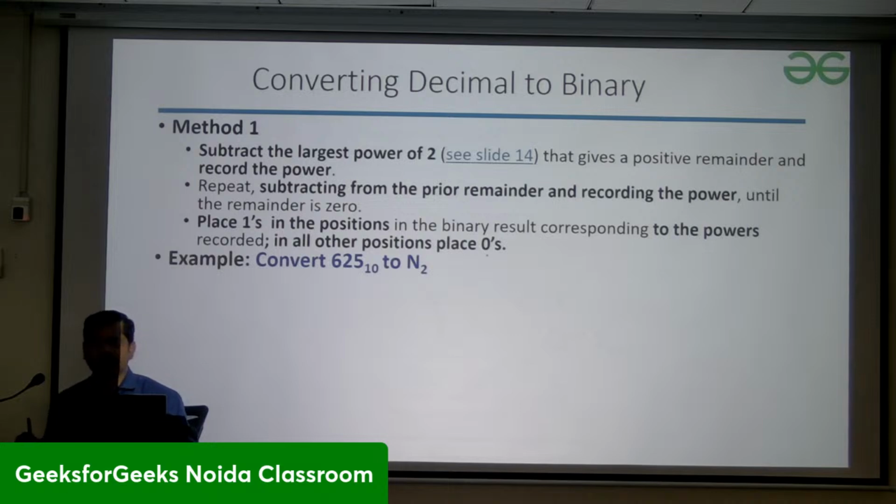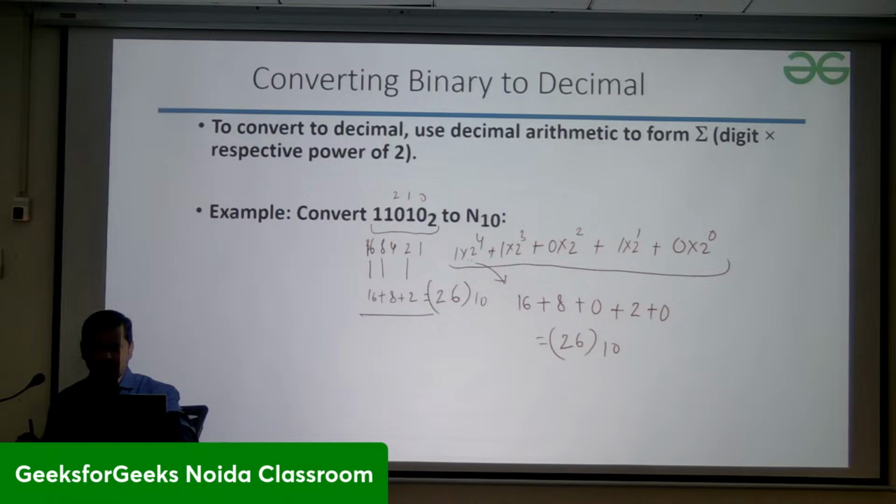So that was binary to decimal. Okay, let me go back, let me have one fractional value here. Let's say 10.1110 in base 2, convert into base 10. So that is going to be simply, if I convert this particular part, it is going to be 2 base 10, and for this particular term we have to